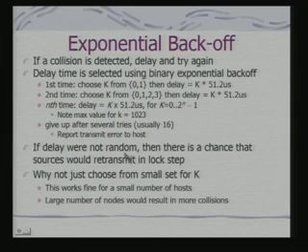What is important to note is that this value of k is randomly chosen, so the delay that is applied is a random delay. Why is the delay random? Because if there is no random delay, there is a chance that sources would retransmit in lockstep. That means they would again land up in a collision. And why not just choose from a small set for k? This works fine for a small number of hosts, but if the number of hosts increases, a large number of nodes would result in more collisions with a small range of k, and that is why I use a larger range of k.